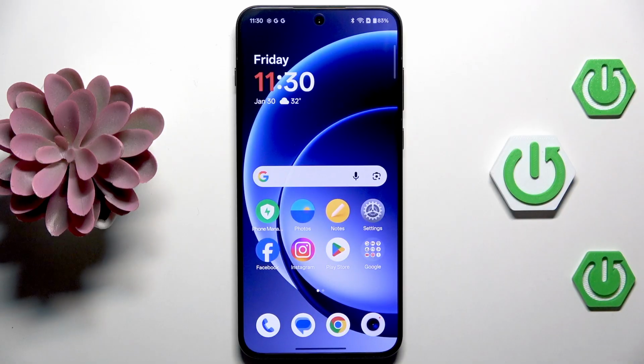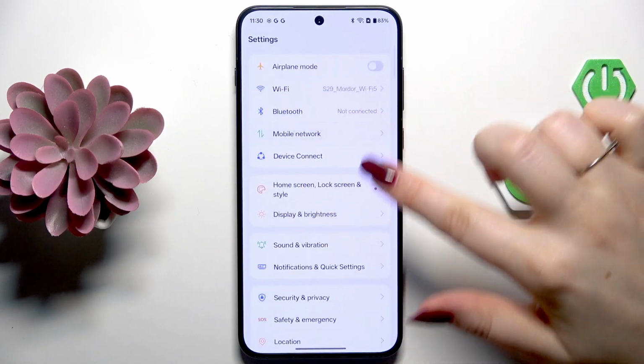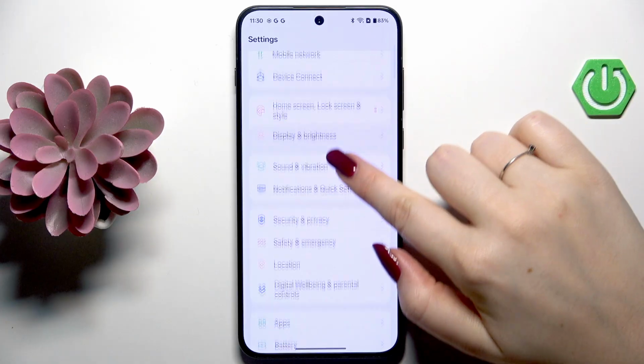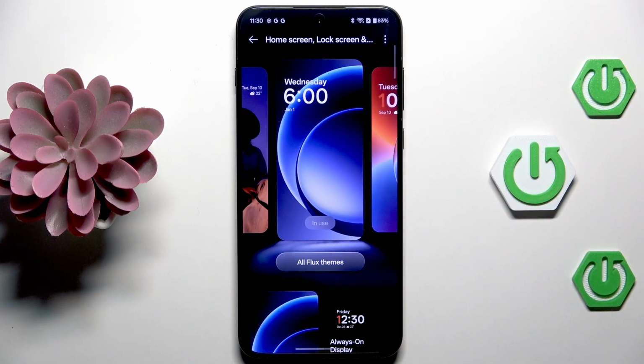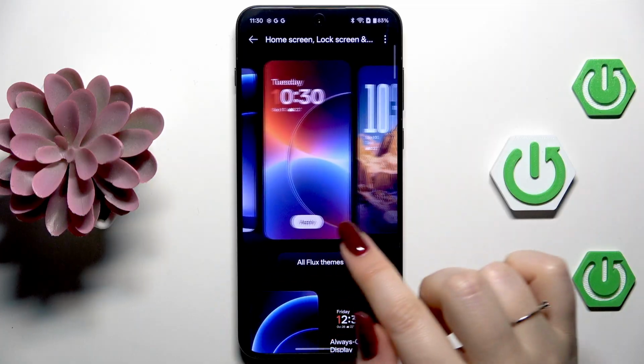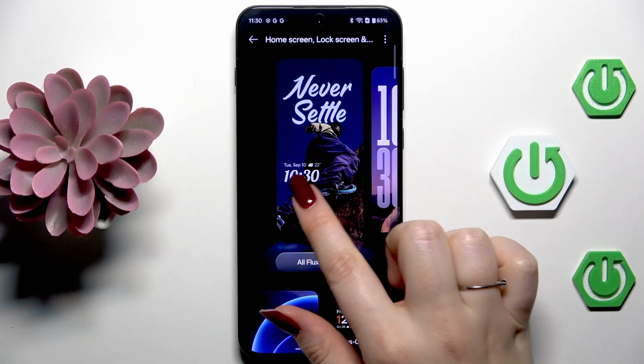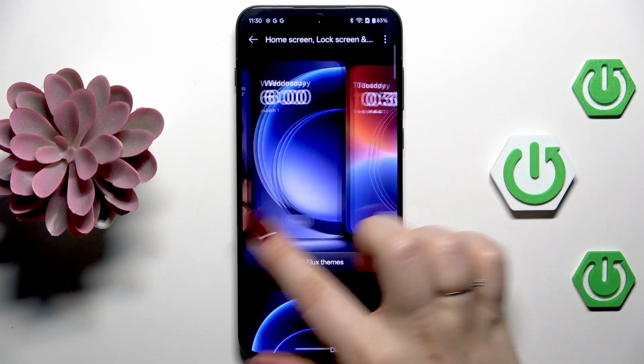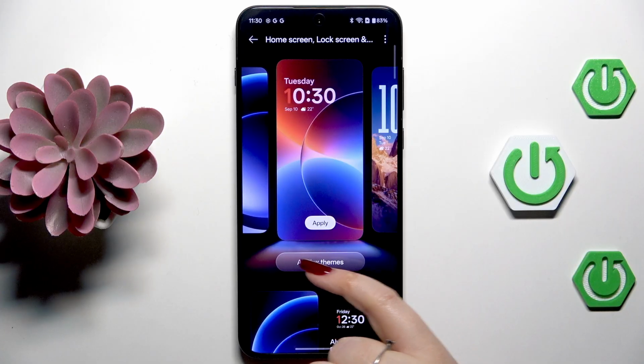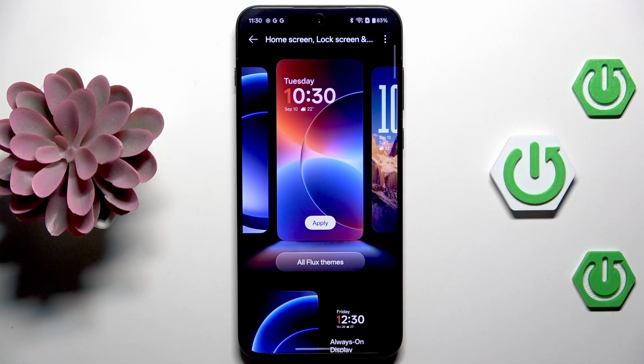So let's start with opening the settings, and here we have to scroll and find home screen, lock screen and style. So right here we've got the Flux themes. We've got different wallpapers from which we can choose, but they are associated with themes. I'll come back to them later on because I also want to show you another option to change only the